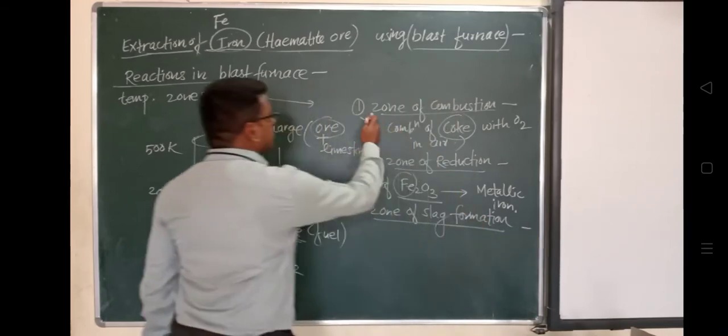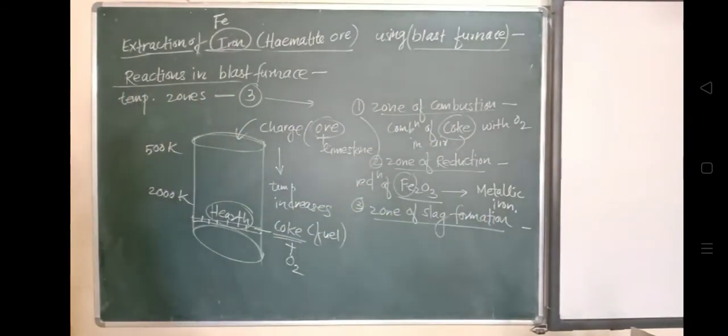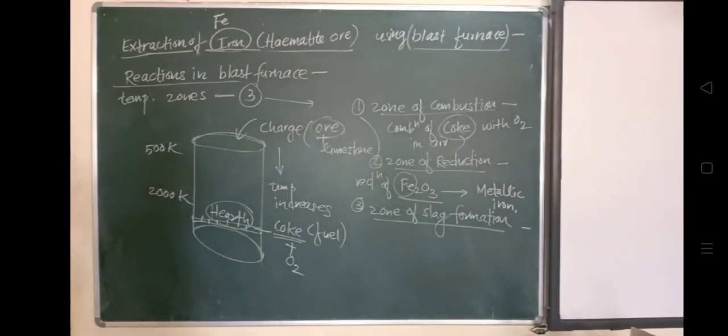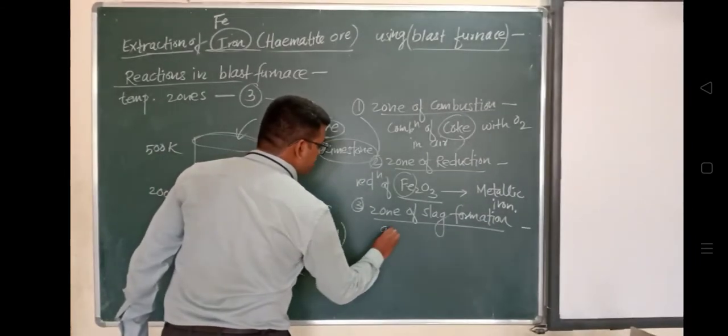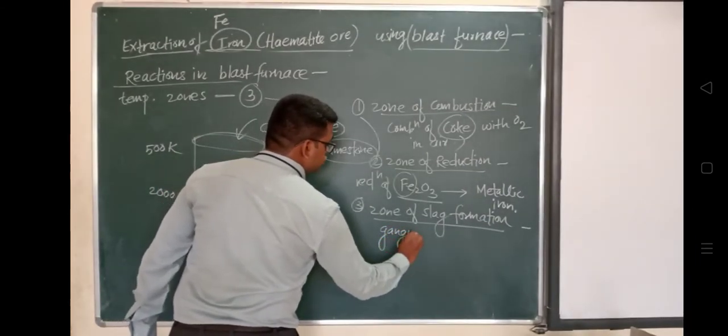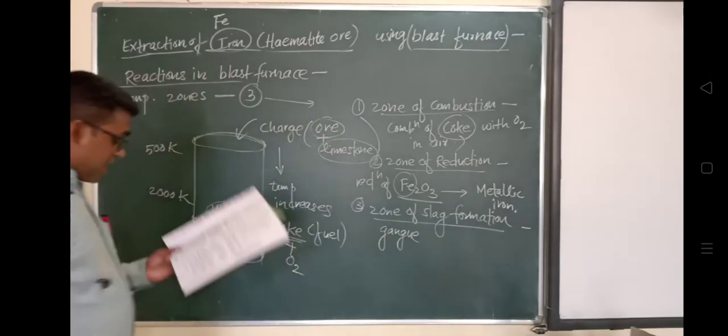The combustion zone जहाँ पे burn होता है, Bottom से ये 5 से 10 मीटर ऊपर रहेगा. The hot air is blown through the tuyeres and reacts with the coke from the charge